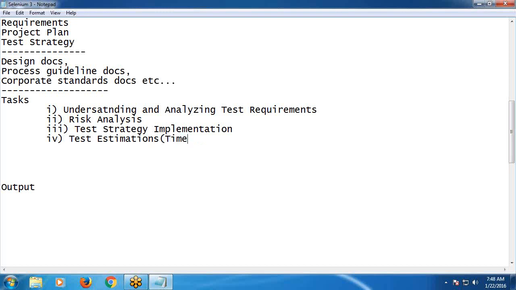See, test estimations in terms of time. Before time, an important factor is scope. What to test? Scope. Yes, the scope of the project is an important factor. What is scope? Suppose